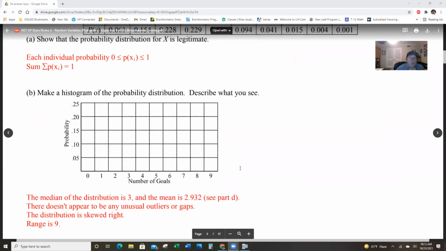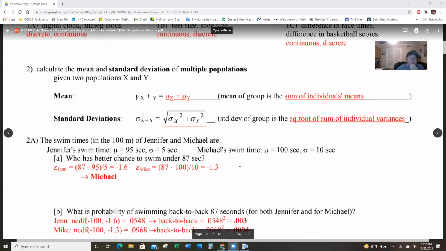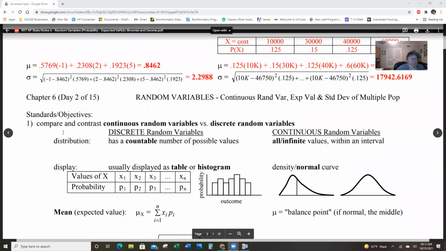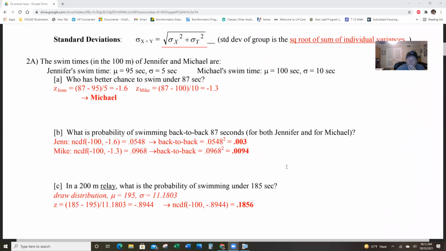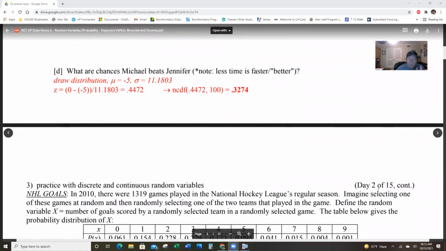That's pretty much the notes on that for chapter 6, day 2. Now listen, I'm going to do a bonus thing for you. What I want you to do is just turn your paper over or do something like that. I'm going to go back over a discrete random variable for a mean and a median, and I'm going to do all that stuff for you. I'm going to show you some cool things that'll help you. Just get a blank piece of paper out or flip something over, and I'm going to show you something. All right.